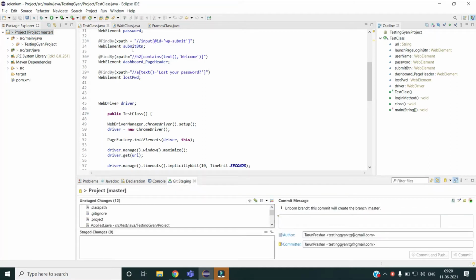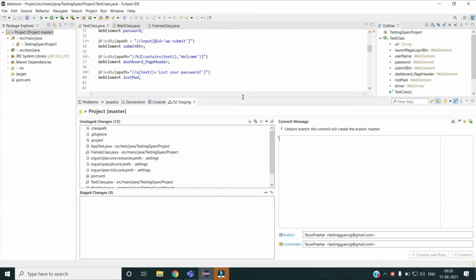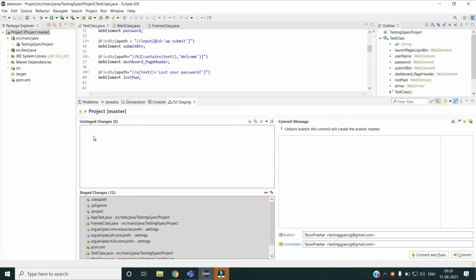So this command is basically to stage my files and commit my changes. Even you can push your changes from this panel directly. This section, you can see, is where I can do all the git operations. So these are my files which are currently present in my project. So what I can do, I can select all the files and add them, so it went from unstaged to staged area, that is this operation is equivalent to the git add command.